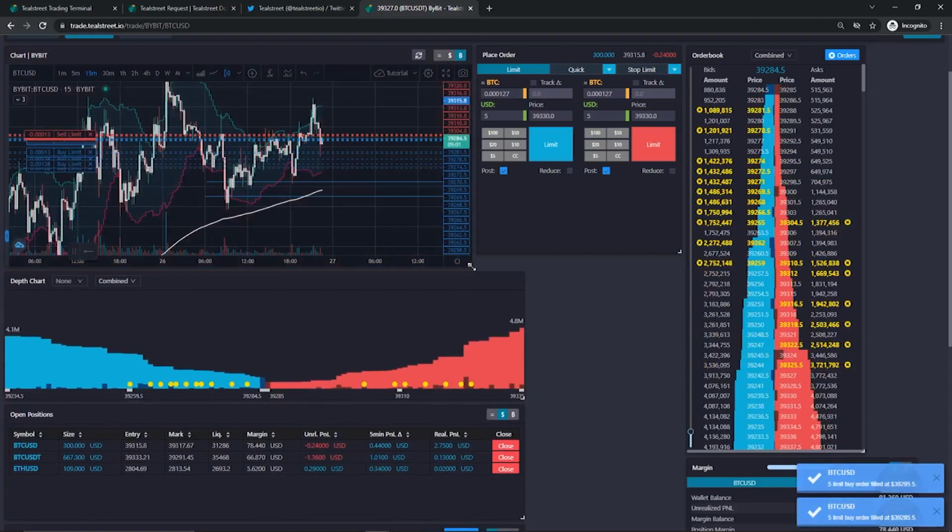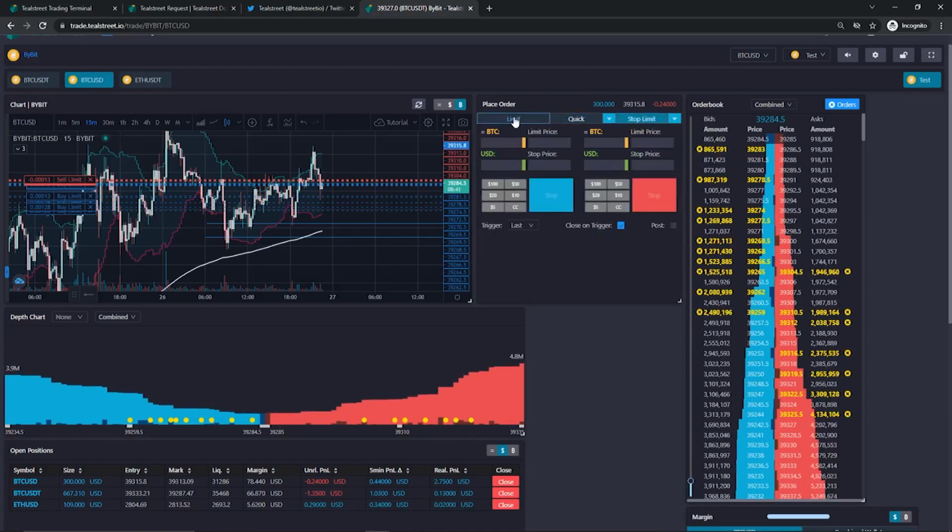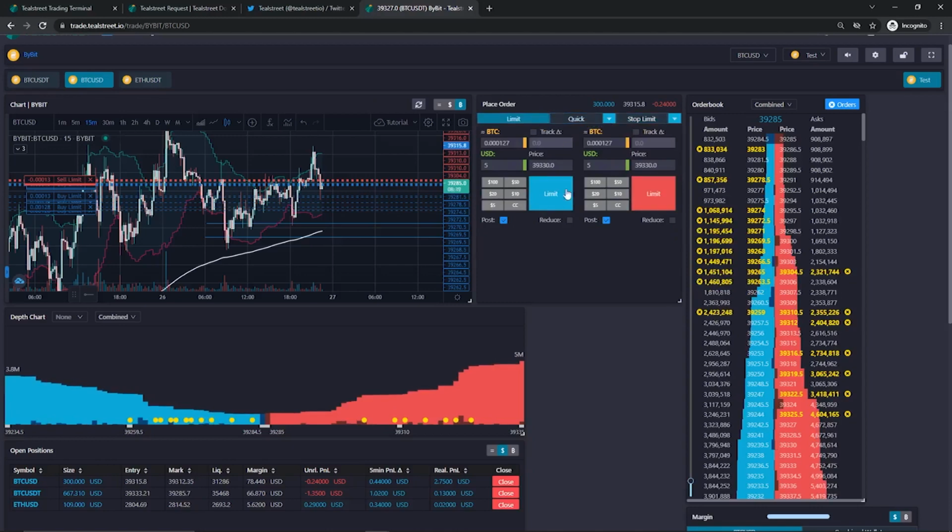Yeah. One thing to really keep in mind, for anybody, is that whatever you're focused on, by focused I mean what you have clicked here on the place order, is going to be reflected in your actions within the terminal. So, for example,